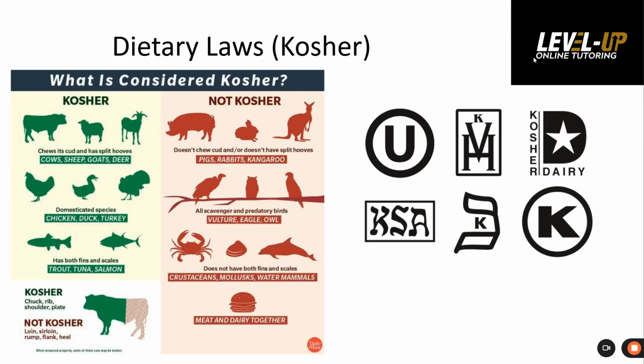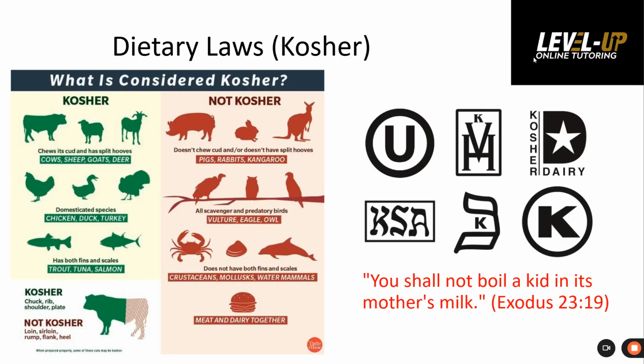Now, one of the reasons they can't have meat and dairy together is because they have this quotation which says, you can't boil a kid in its mother's milk. Now, what this is actually referring to is an old tradition where you would boil effectively a baby goat in milk. And this idea then was a sort of a sacrifice of that animal and a way to prepare it. However, this was seen as something that was extremely cruel. So therefore, this quotation then expanded out to further sort of, you can't have meat and dairy together.